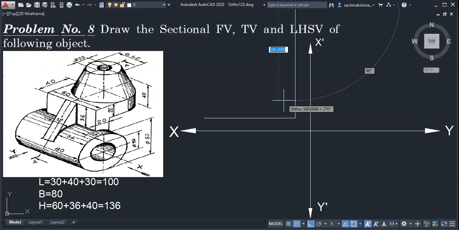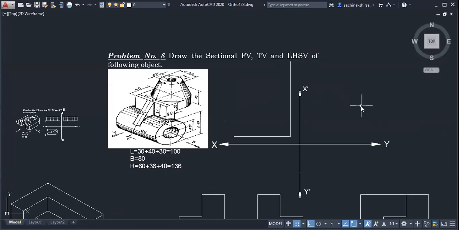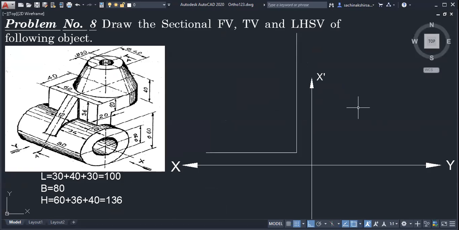It is coming like this. Then length, I have taken. It may come something like this.